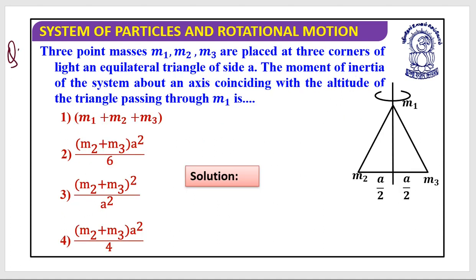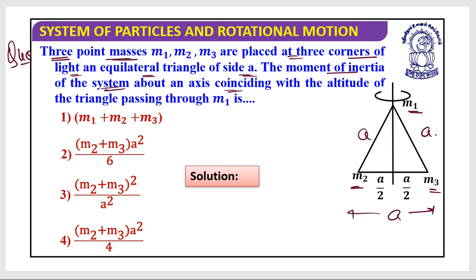It says that three point masses m1, m2 and m3 are placed at the three corners of a light equilateral triangle of side A. So this is side A, this is side A, this is A. The moment of inertia of the system about an axis coinciding with the altitude of the triangle and passing through m1. So if this axis is passing through m1, and these are all point masses,